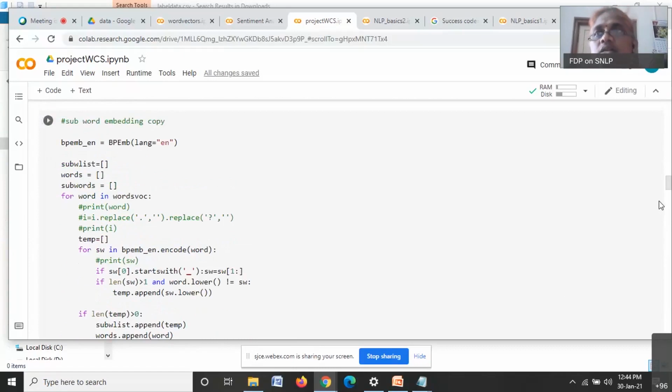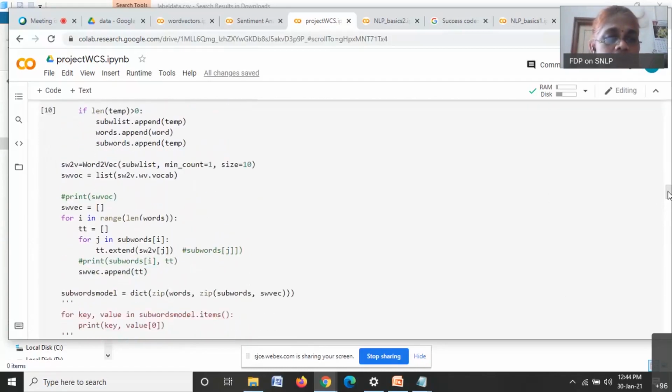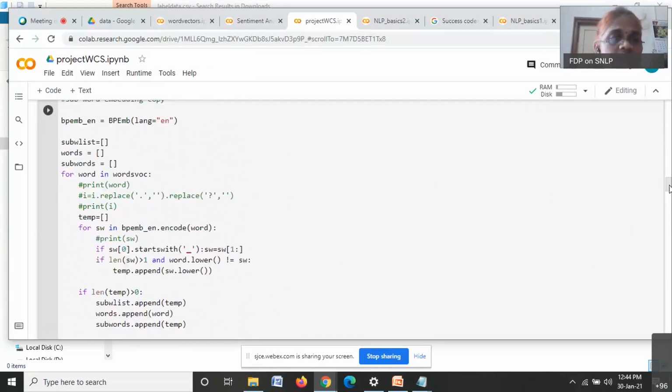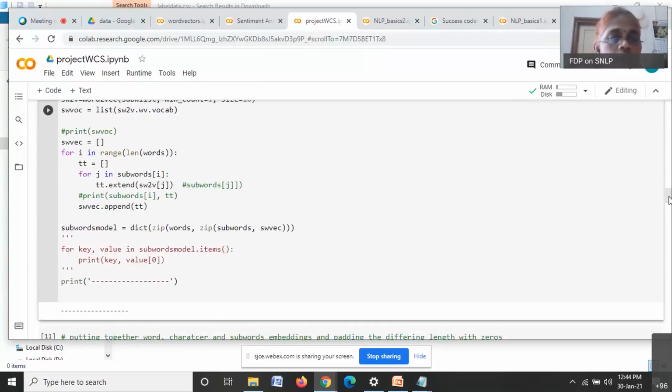What it does is generate all possible subwords for a given word, and that is why we use byte pair embedding. We then use those subwords for building the model.